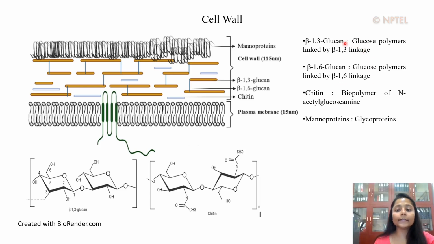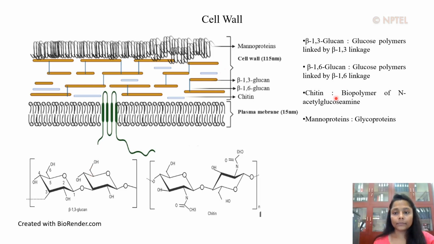To give you a more detailed idea about these linkages, let's focus on their molecular structure. This is a glucose molecule with its numerical nomenclature. This carbon right here is the C1 carbon. The next one is C2, then the next one is C3 and so on. In beta-1,3-glucan, two consecutive glucose molecules participate in the glycosidic linkage by their C1 and C3 carbons respectively. If this glycosidic linkage is established between the C1 of the first glucose and C6 of the next glucose, then that is referred to as beta-1,6 linkage.